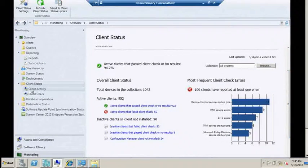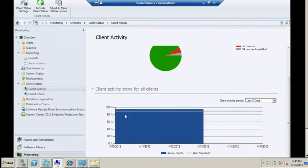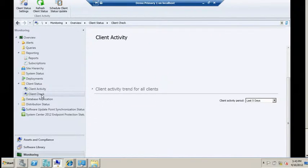So let's have a quick look at this client activity. If I want to look at client activity separately, I can do that. You can see that here's my threshold, alert threshold. So we're a little bit above the threshold, which is why we haven't got an alert. If I look at client check,